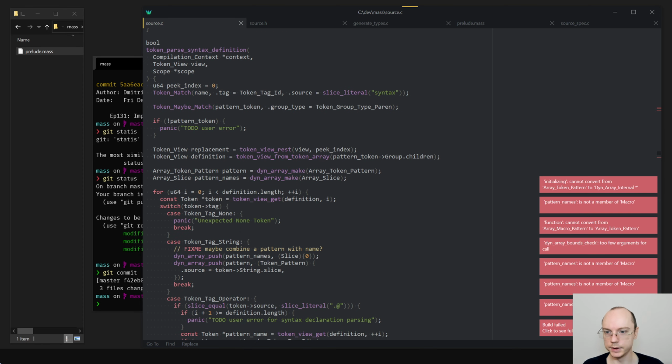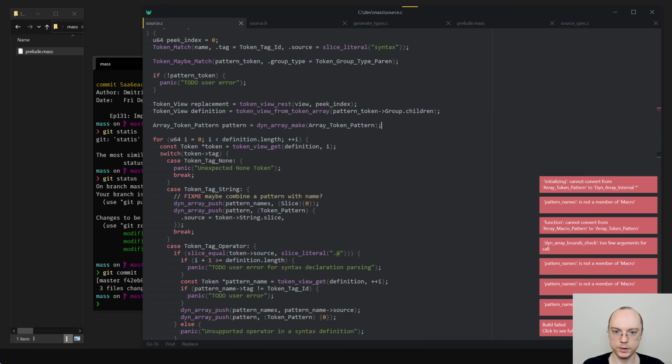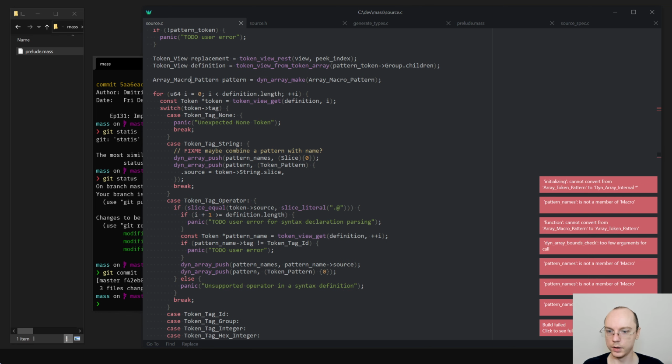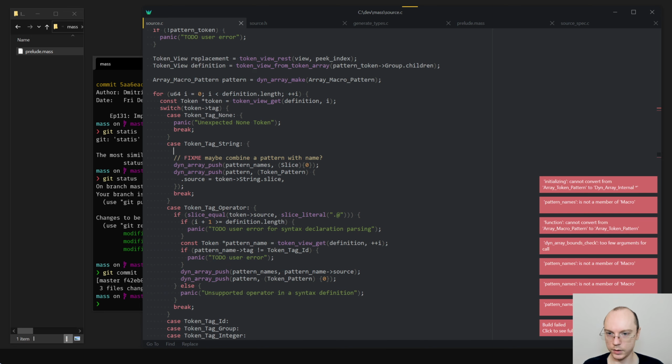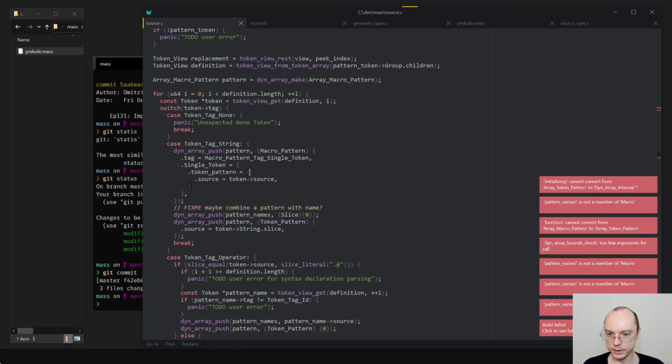Now we need to change this stuff here as well. And like this, macro, macro. Okay, so we just say slice, token string slice. Okay.